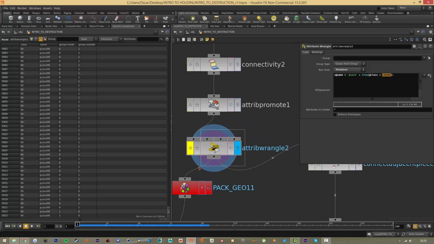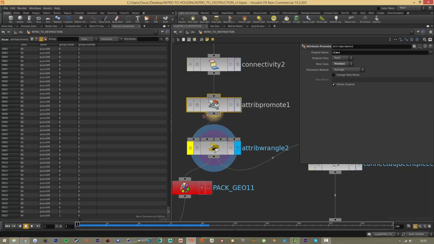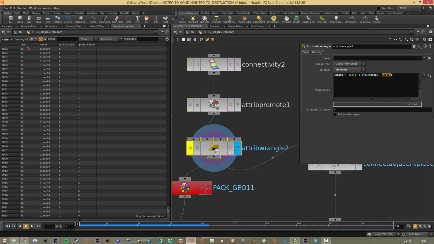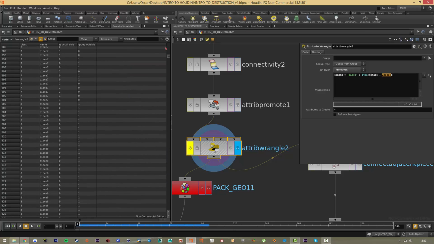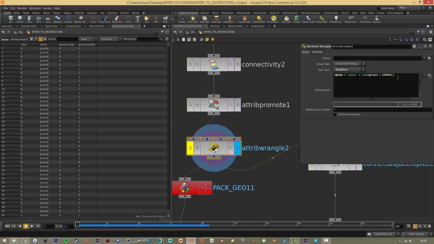And how we do that, we actually need to create our own name attribute. You can offset the actual name attribute that's already there, but it's kind of clunky to work with strings in most cases. So I like to create my own. So let's remember we have a class attribute that is very nice, and we can create our own string with that. So I'm gonna delete this, and we're gonna create a string called name. That means we're gonna type s@name equals,